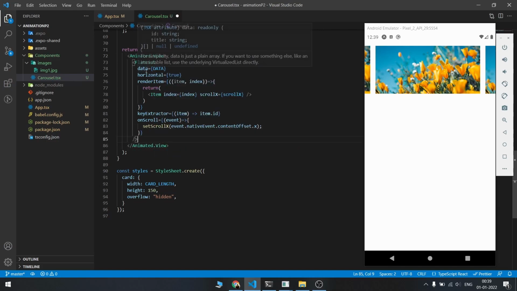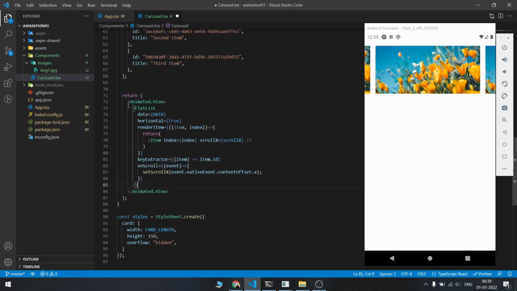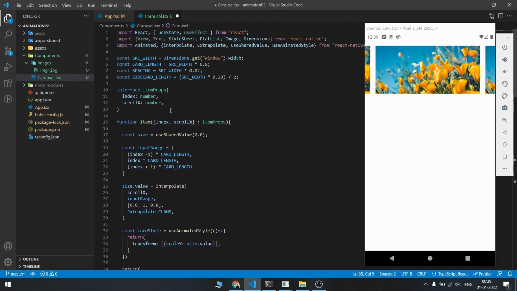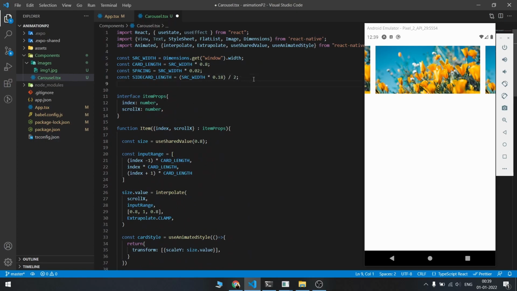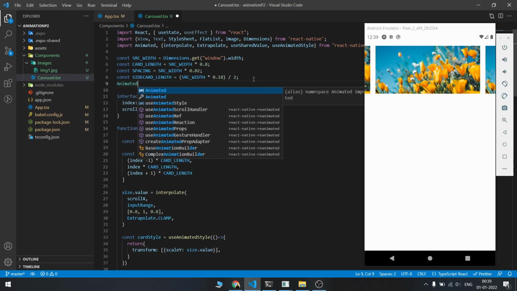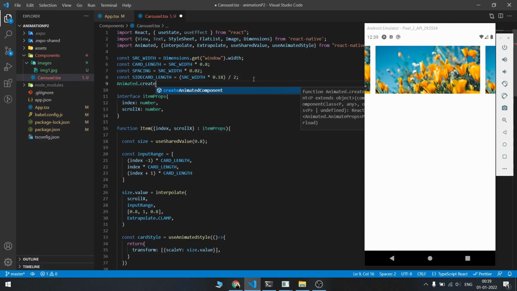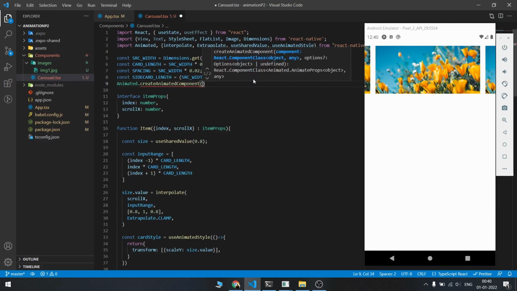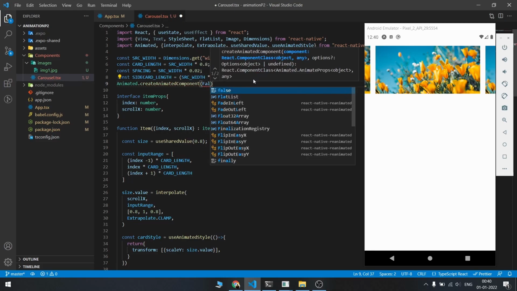Okay. Also, since this is a flat list that we are animating here, we also need animated dot flat list. But the thing is that React Native Reanimated does not have this flat list out of the box. So we're gonna have to create this here. So I'm gonna define animated dot create animated component, and we're gonna pass flat list here.